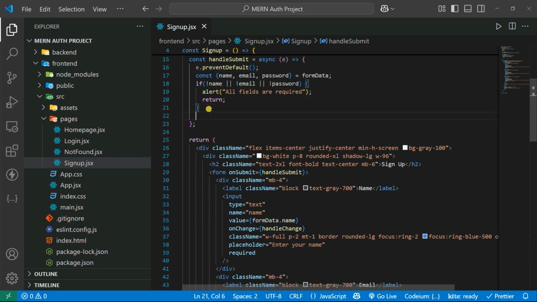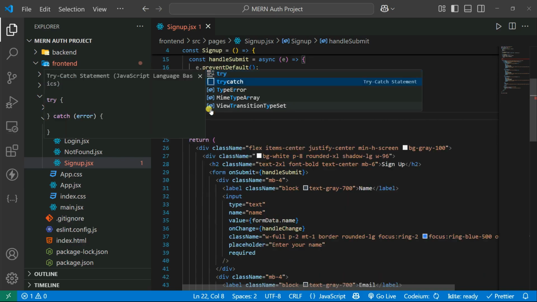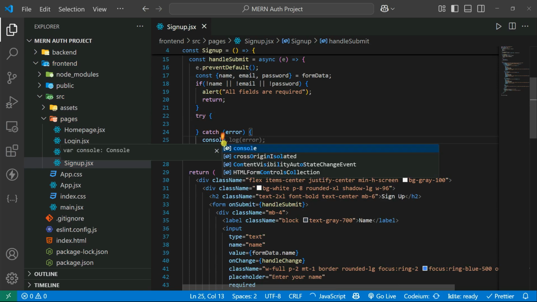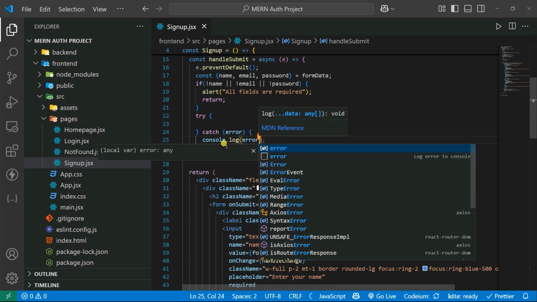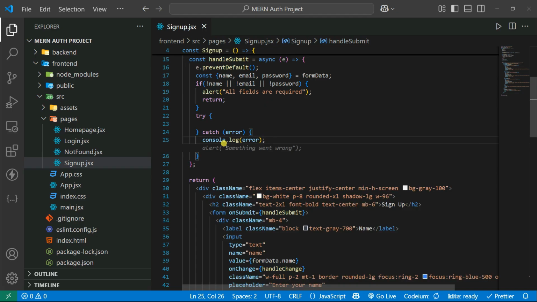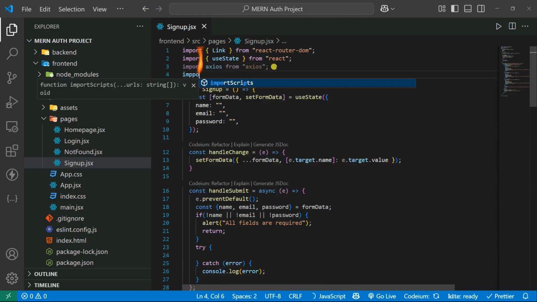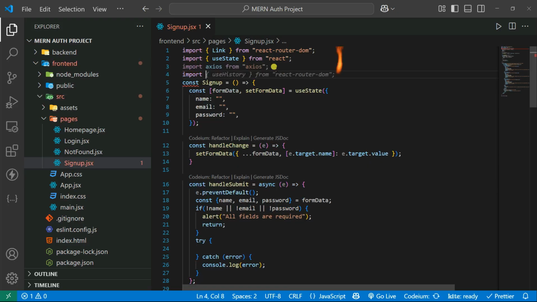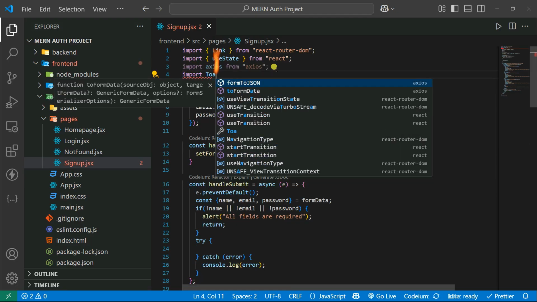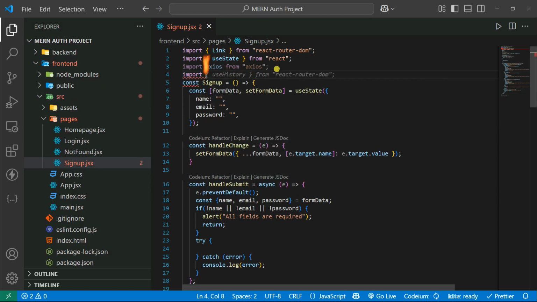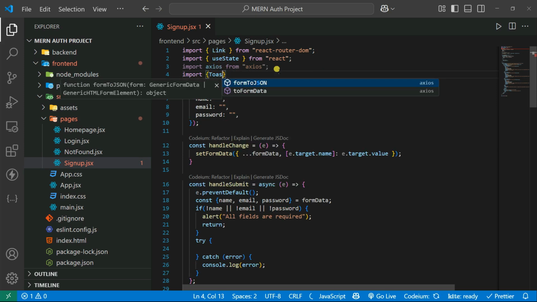And after that, we're going to use a try and catch block. Inside this try and catch block, we're going to call our API. So let's say console.log simply shows the errors. And then you can also give some toast. For that, I'm going to import the toaster. We already installed the toast, right? So you can use the toaster first. Let's say toaster